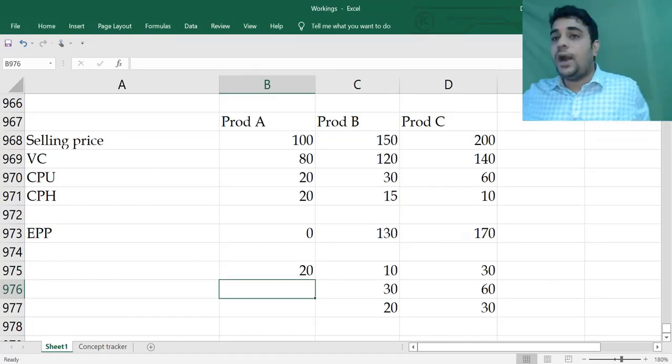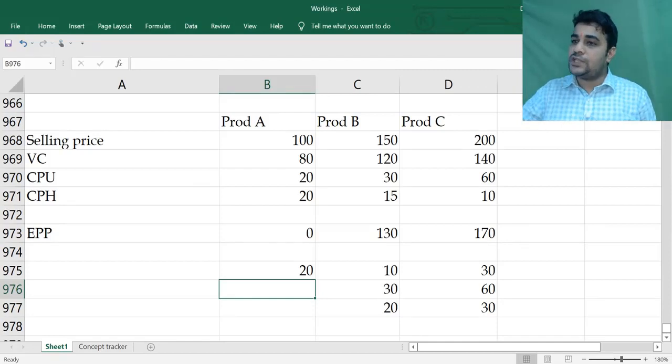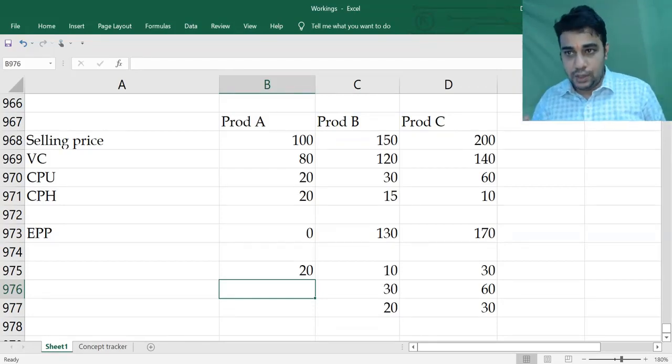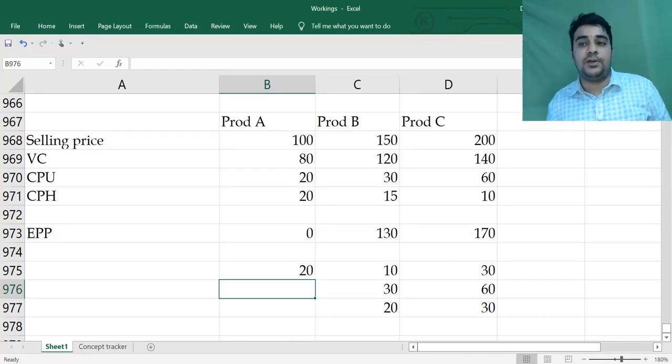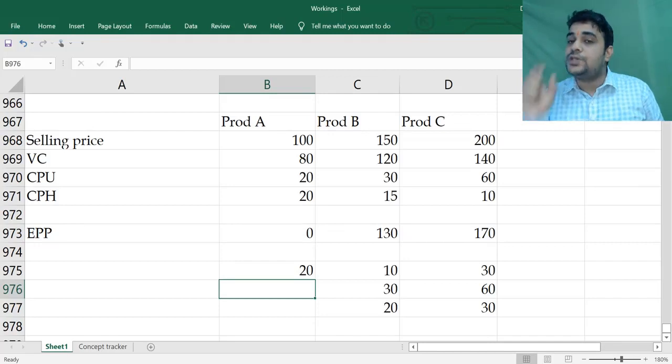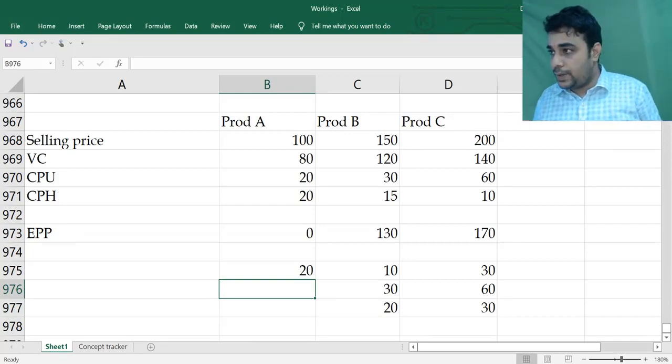See, listen, product B: because you are manufacturing, you don't earn 30 rupees. Because if you were not manufacturing, you would still have earned 20 rupees. So because manufacturing is a choice available to you, you are going to earn extra. How much extra is what we are going to analyze.